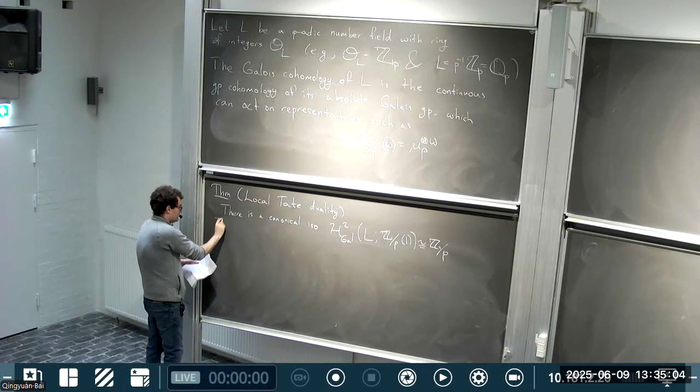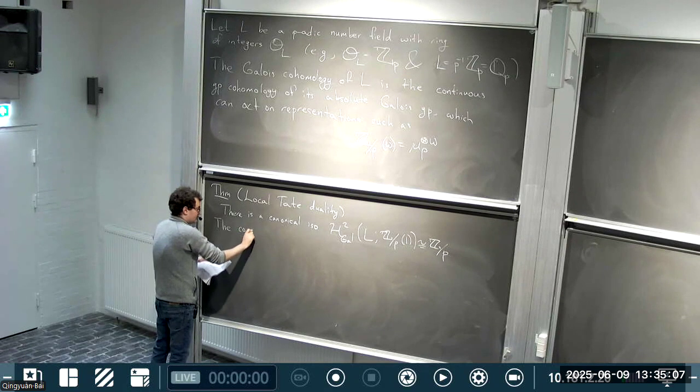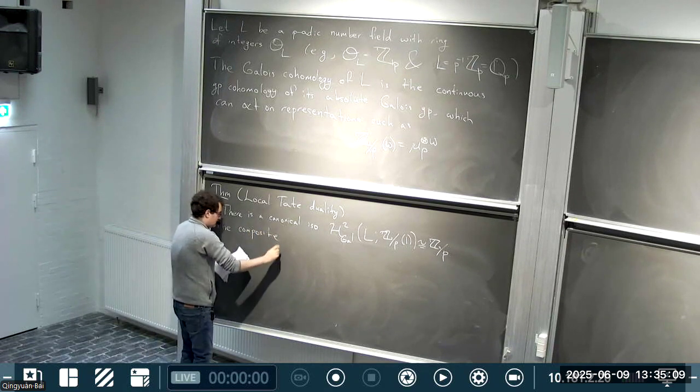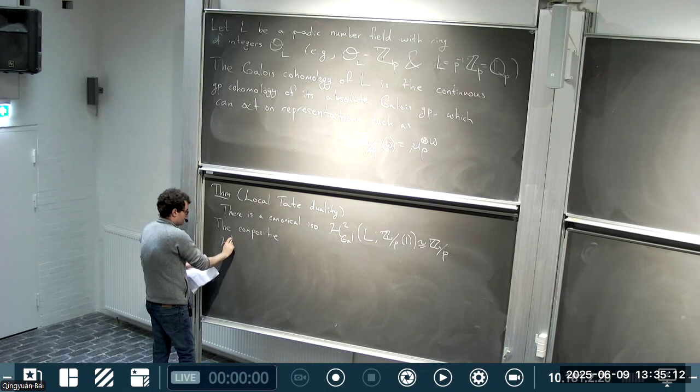And regardless of how that isomorphism is defined, the key point is that this composite